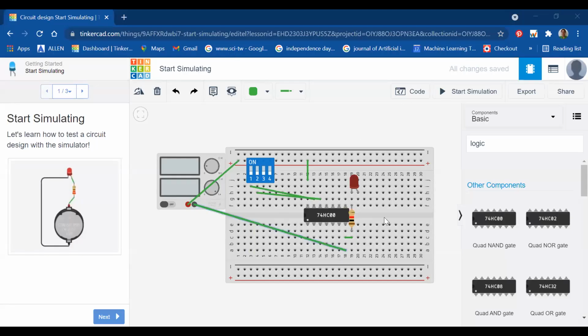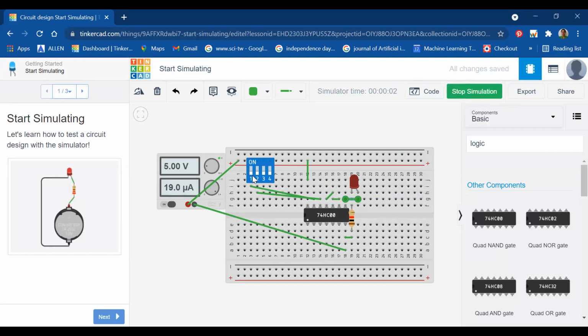So here you can see that this is the circuit of the NAND gate only. So now what I am going to do is this output is going to get connected. These two inputs I have connected together, and this output I am going to give to this gate, and the output of this one is going to go to the anode of the LED, right? I have not changed any other connection. So now I'm going to start the simulation.